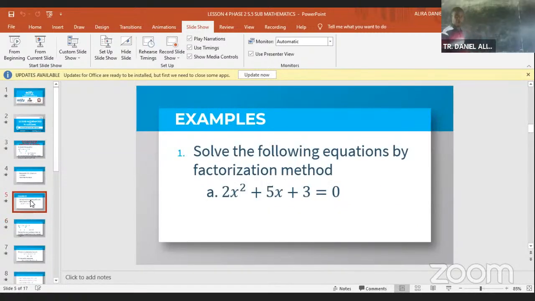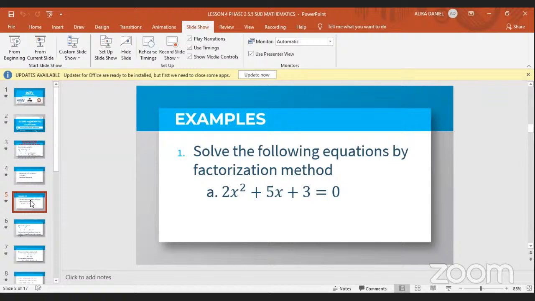Let's look at easy number one. Solve the following equations by factorization method. And we have 2x squared plus